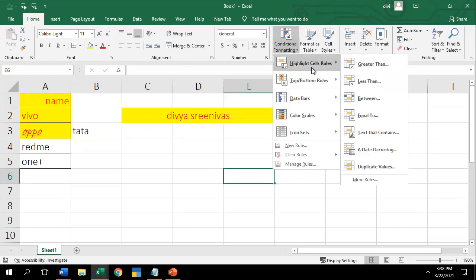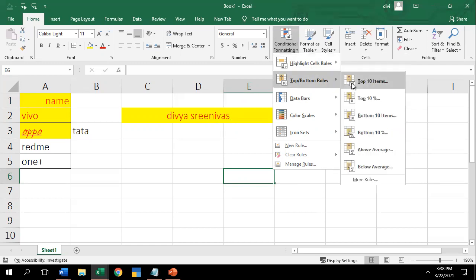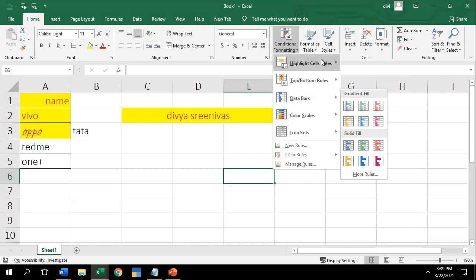Then Conditional Formatting. Under Conditional Formatting, we have Greater Than, Less Than, Between, Text That Contains, and Duplicate Values, which you can apply. If I have a set of values and want to find and highlight those that are less than, greater than, or between, you can. Same with Top 10 or Bottom 10 or 5, which you can highlight. Data Bars highlight each value with an individual color, like bar graphs.